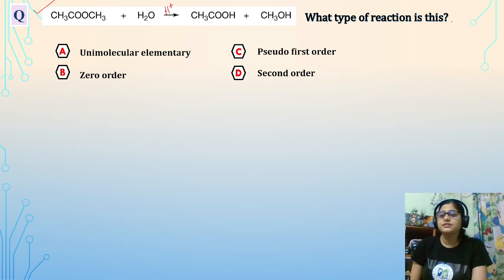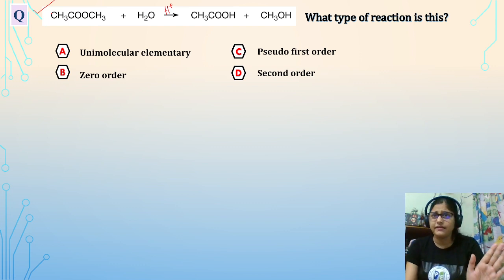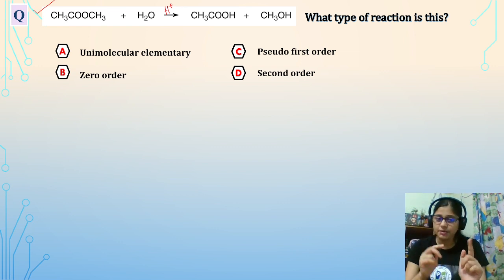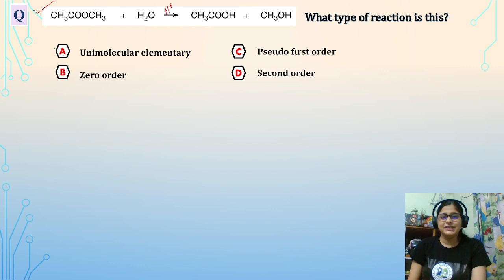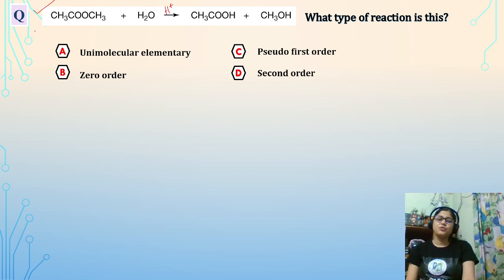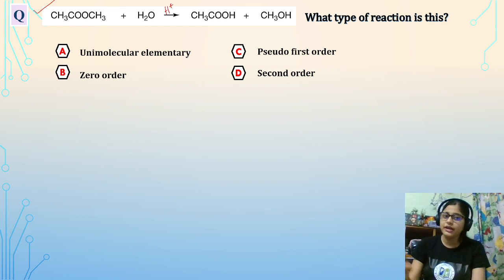What type of reaction is this? Let's say it is given that it is an elementary step reaction. So no other steps are here, and we have to consider it as a one-step reaction. You will say then it is easy. For an elementary step reaction, we know that molecularity is equal to order. So here 1 and 2 molecules are there, so it should be second order. D will be the answer. But here this is not the answer, because